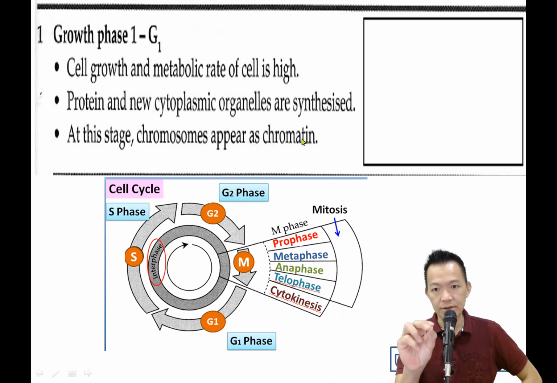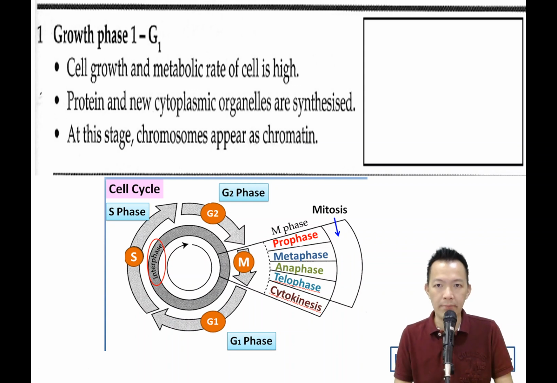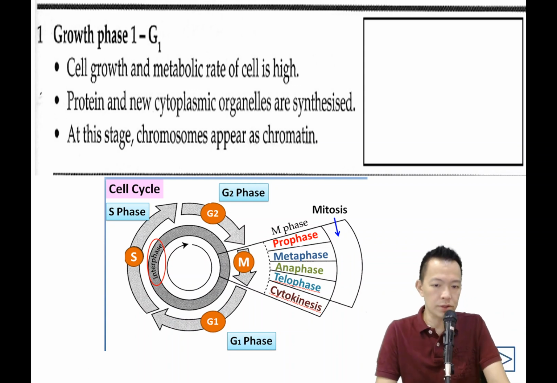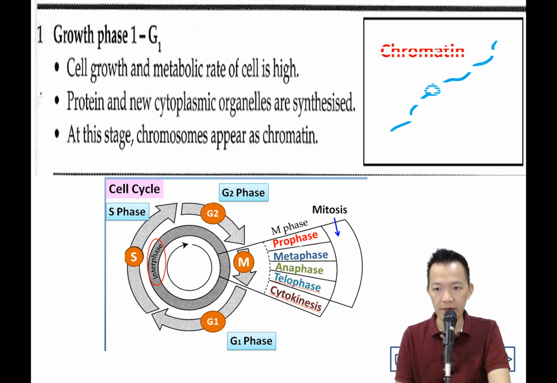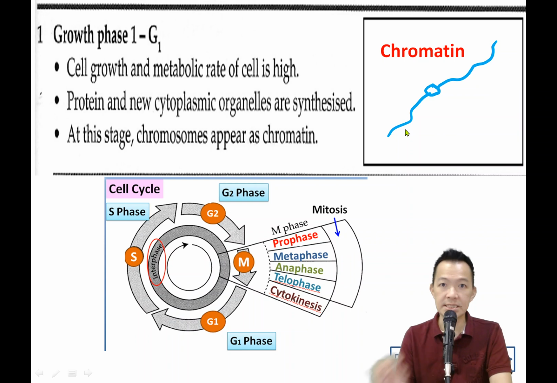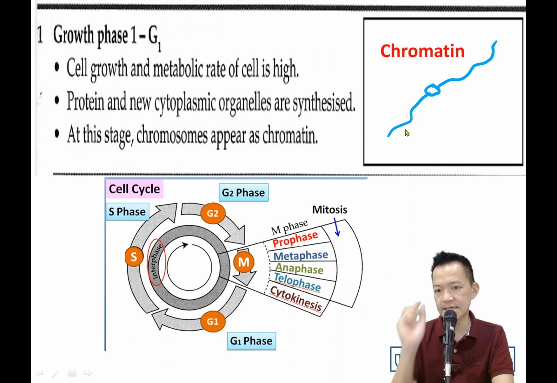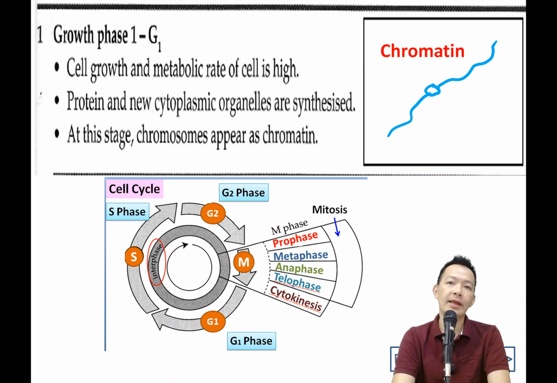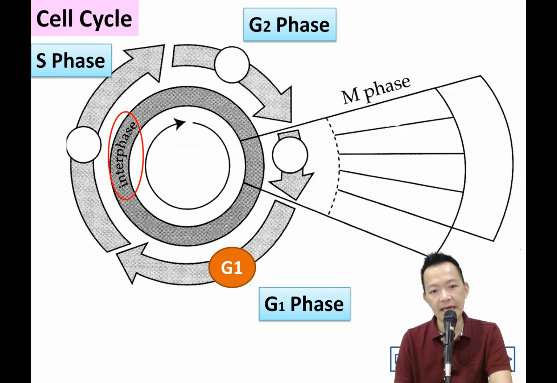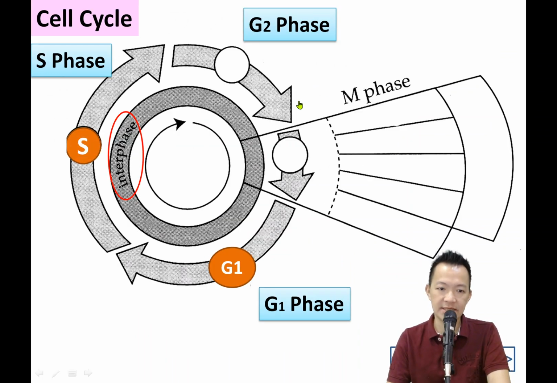Okay, and at this stage, chromosomes appear as chromatin. So at this stage, actually you cannot see the chromosome under the normal microscope. Okay, so chromosome actually is very thin chromatin. 现在它只是瘦瘦的一条一条的丝丝的东西叫 chromatin. 也叫染色体啦，只是现在它很幼很幼很小，看不到，我们称为 chromatin。小孩子来的啦，也就是小孩子的意思啦。